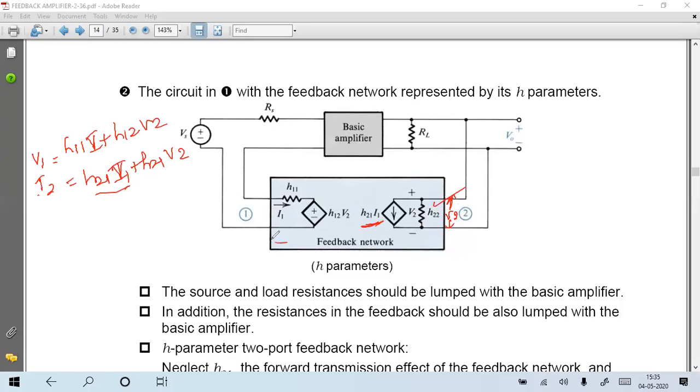What about this side, the left hand side? Next, on the left hand side, the sum of this value will give V1. V1 is this. What is that? What is the current flowing from here? I1 current. I1 current will come here, like this. So H11 into I1 is nothing but a voltage. This is voltage V1 dash. What about H12 into V2? That is also plus one more voltage. That is represented by V1 double dash. When I'm adding two voltage sources, I will get one more voltage. That is V1. Okay.